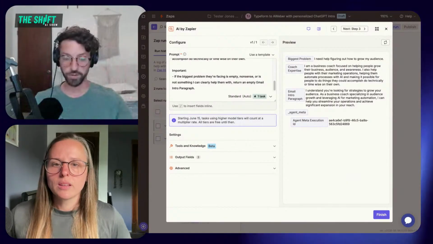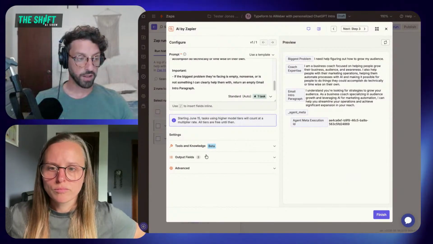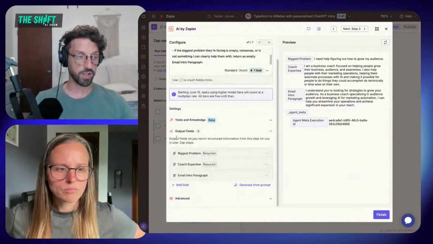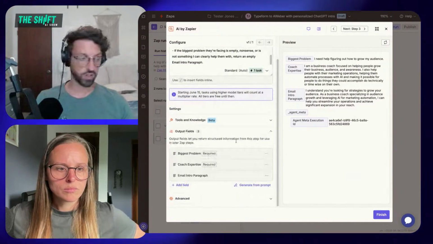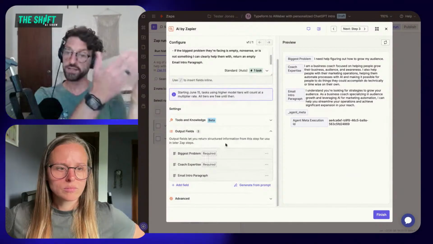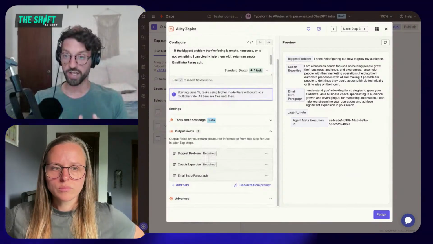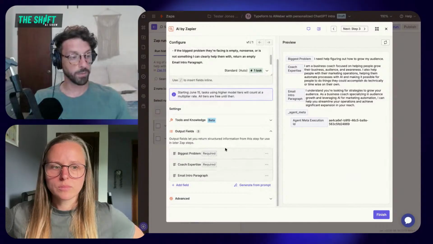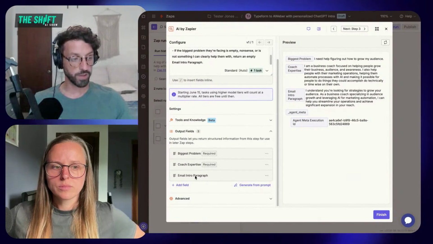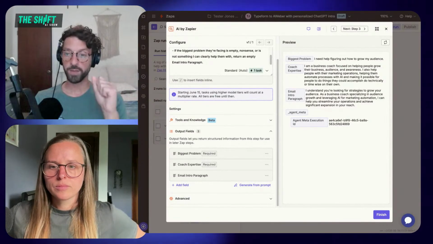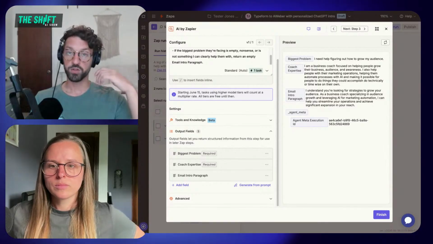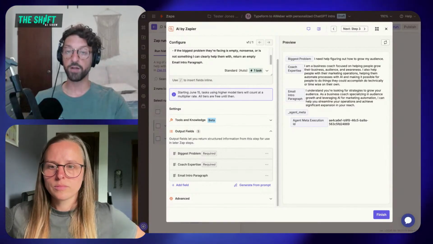Okay, that's my prompt. And then the other interesting thing to pay attention to here is the output fields section, where you can define what exactly you want the response to look like from the AI. And the really important part of this for me was the email intro paragraph. I wanted to make sure that every time it responds with an email intro paragraph value that I can use